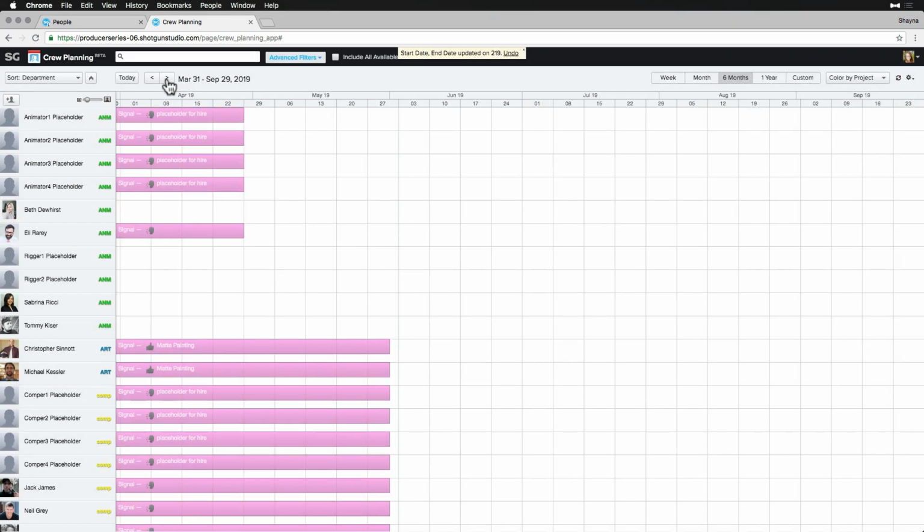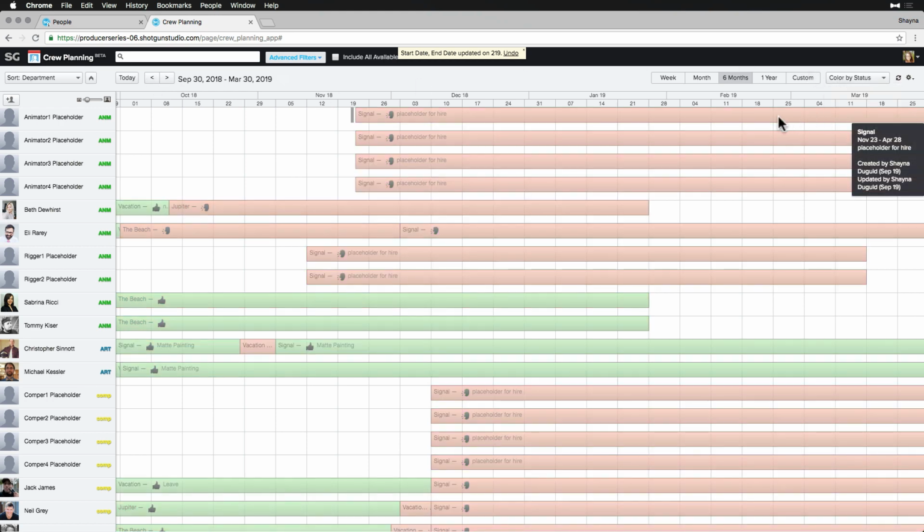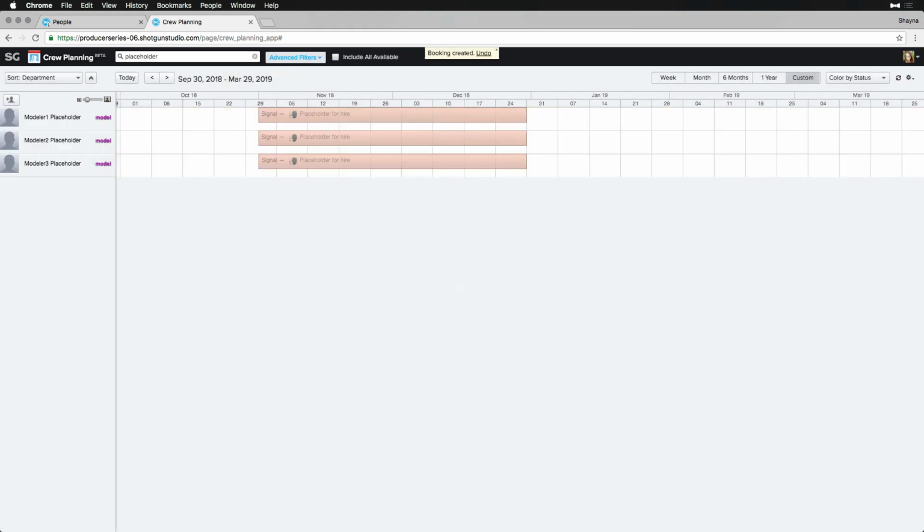Pretty soon, our higher-level planning is starting to look good, short of some confirmations that we'll take care of with our fellow producers. We know how many modelers we'll need to hire, and we can begin the process with our recruitment team. Of course, this is always changing, and once new hires have started, they'll have vacation requests, but we can always revisit and update gaps as we go.